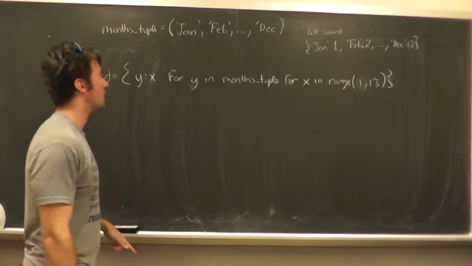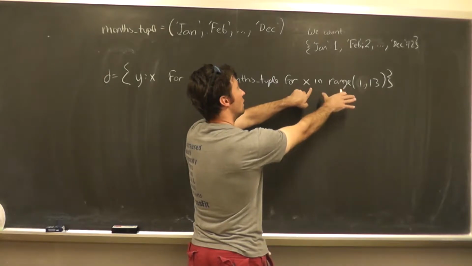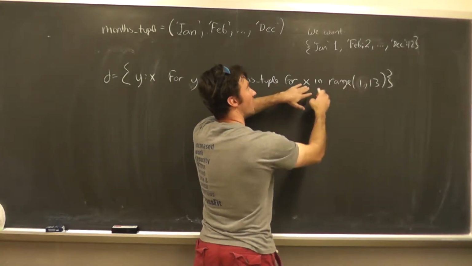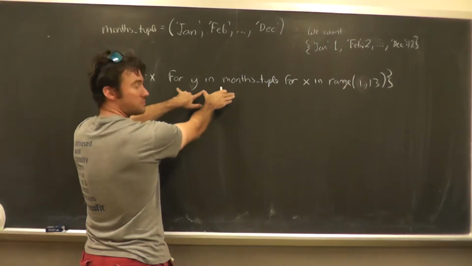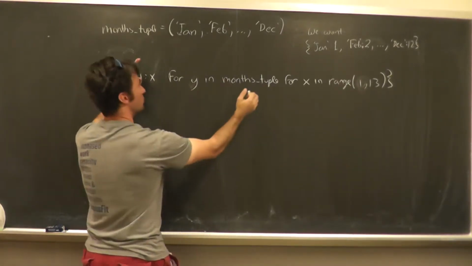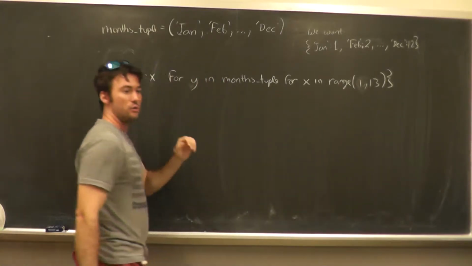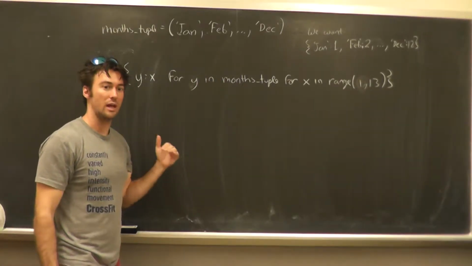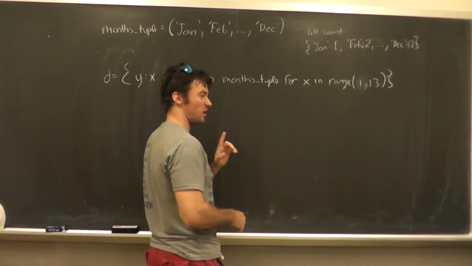And so when you do it, I think it's going to execute the outer loop first and say for x in range, okay, so x is going to take on the value of 1, and then it's going to run this. Okay, so it's almost like it's grouping this part first. This is like our outer for loop, because if you do a double list comprehension, that's what you end up with, is kind of like a double for loop. So I think that what's going on is